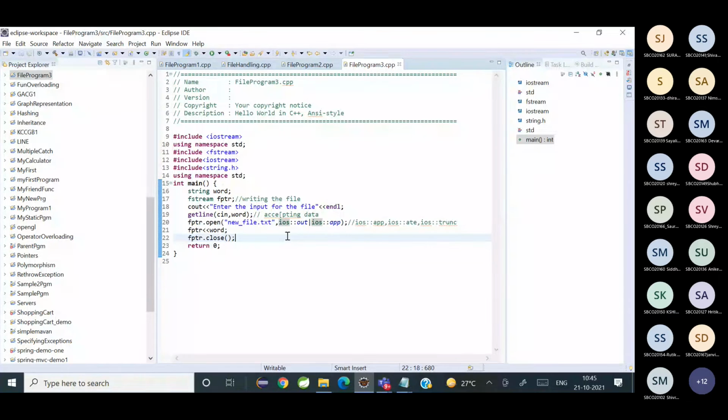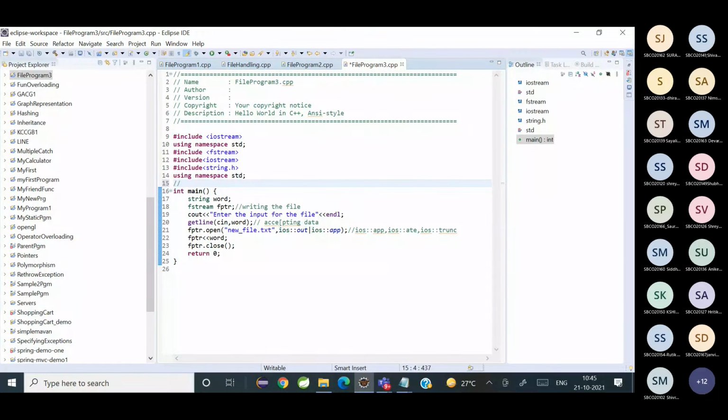In that case, we have certain file manipulators like seekg, seekp, you have tellg and you have tellp. What does this mean? seekg is used in input mode and seekp is used in output mode. G means get and P means put. Okay, what does seek mean?